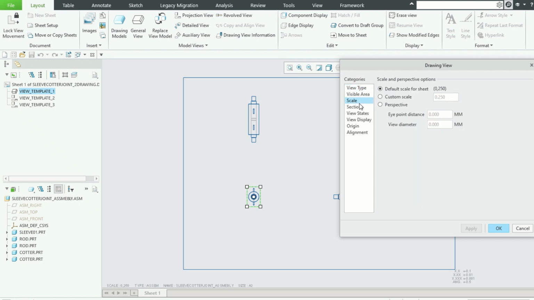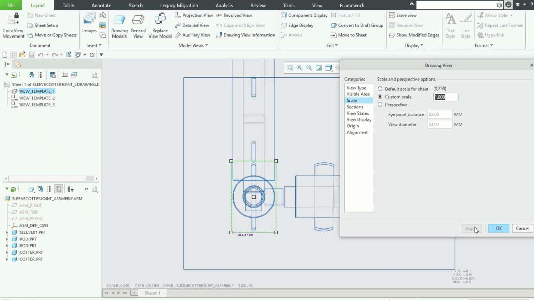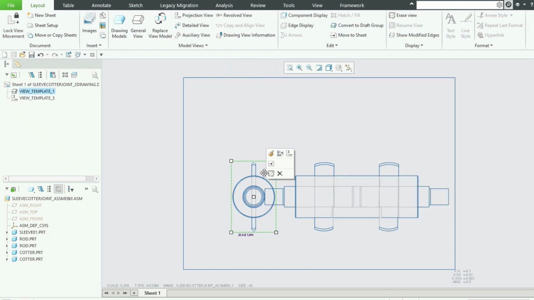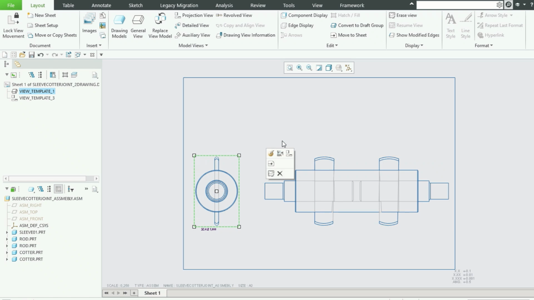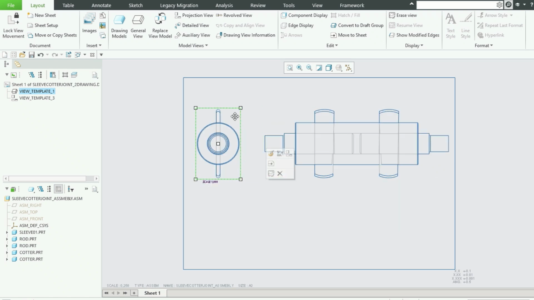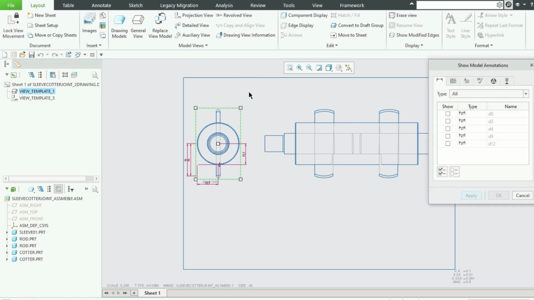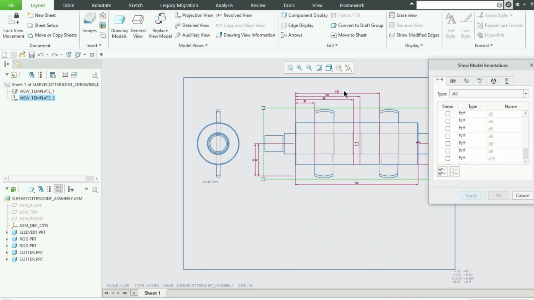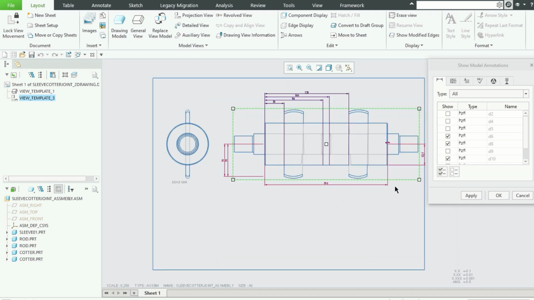Here you can control the scale, give the value, and apply. Okay, now this top view we don't need. This is our front view. Now give dimensions by clicking this dimension. We can give custom. Now this dimension we need. Okay, apply,